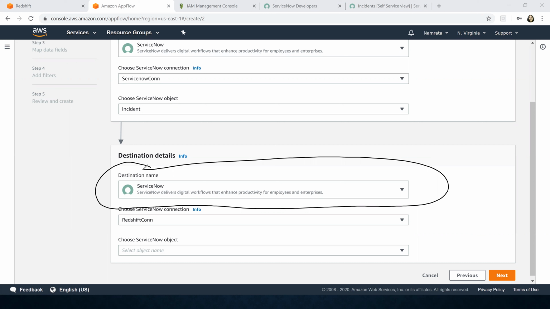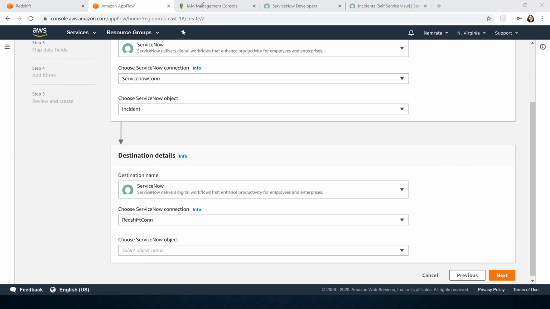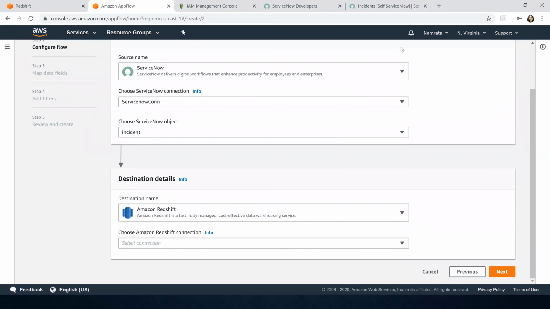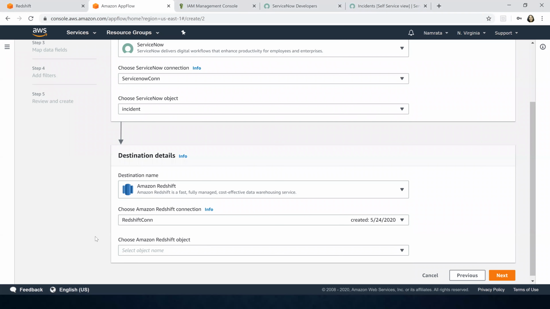I will have it reported. But if you get this bug, don't worry. It's okay, just go back and flip it. Our source is ServiceNow. Our destination is Redshift. So if something like this happens to you, just go back and select Redshift and then continue further ahead.